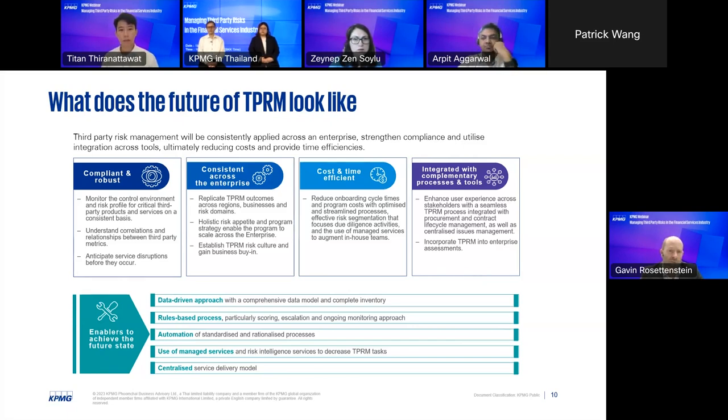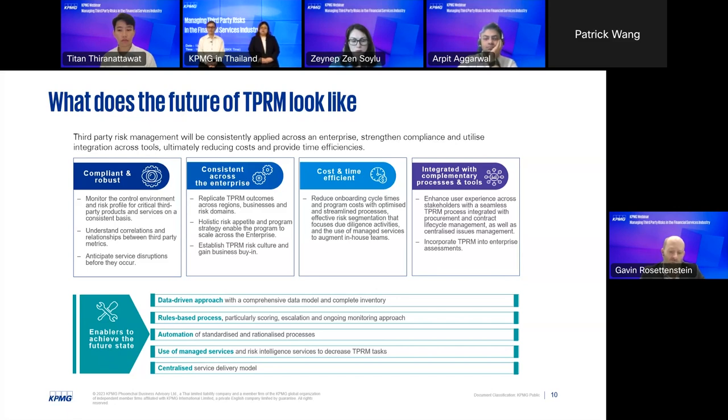At the bottom, under the enablers, data is extremely important. It's really important to understand where this data sits and where you've got access to the data. The ability to have effective risk and control libraries and visibility of suppliers to services is really, really important. So a complete inventory is important: where does the data sit, and how can you connect the data to be able to report on it appropriately.